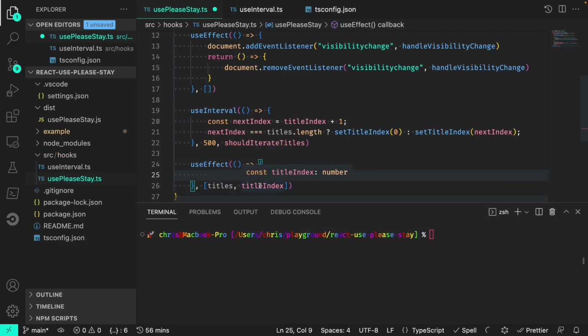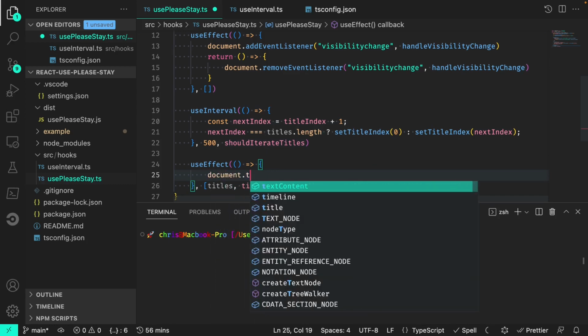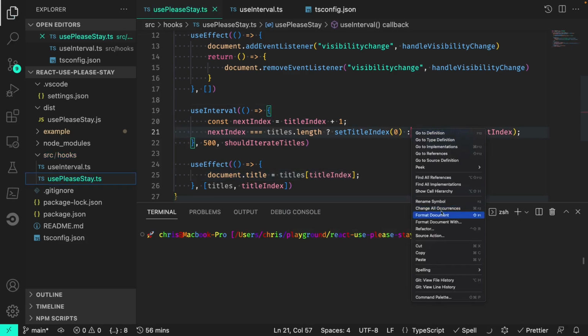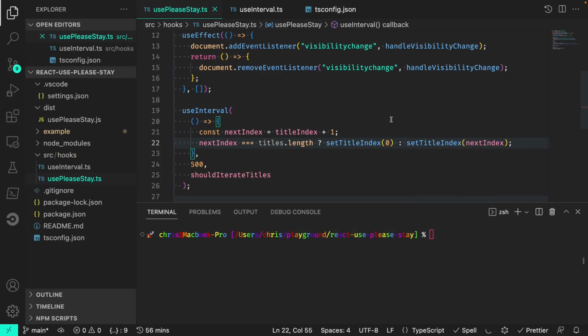And since we've hooked into the titleIndex, every 500 milliseconds, when this useInterval hook fires and updates the titleIndex, we just need to set document.title to titles at the titleIndex. So I'm going to clean this up, save this, and now let's try out our hook to see if it's